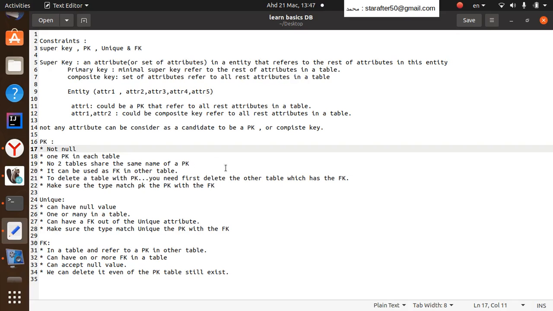The super key, if someone asks you what is the super key, in general we don't use the super key, but it's like a basic understanding of the other constraints. So the super key is one attribute or a set of attributes in an entity that refers to the rest of the attributes in that entity. So it's one or a set of attributes in one entity that refers to all the remaining attributes in